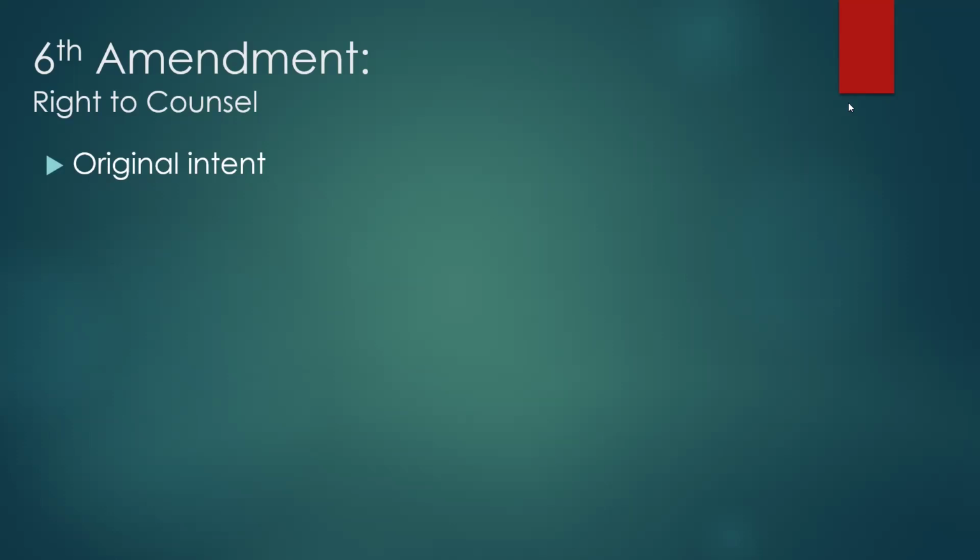States had their own constitutions, made their own provisions for the rights of the accused to have counsel. So at first we're just dealing with the national government. But there's kind of a long history of how that original intent and the original meaning of the Sixth Amendment has been expanded beyond what it specifically says. The modern rule then is what you expect, that the state must provide counsel, the assistance of counsel, to a defendant who cannot afford to pay one on their own.